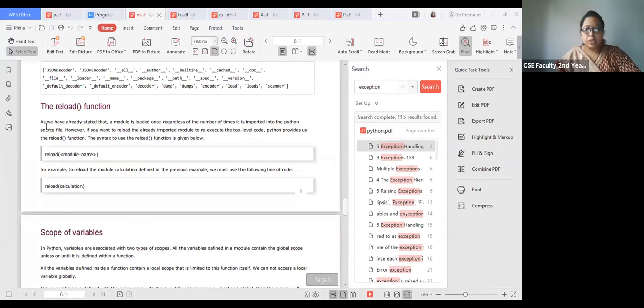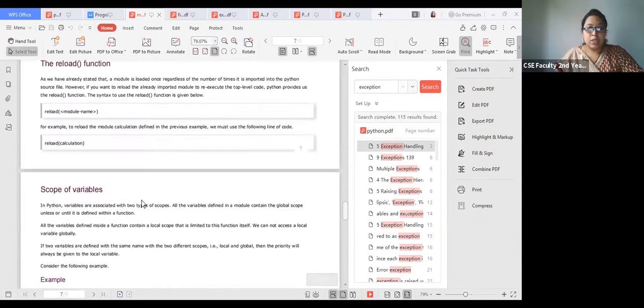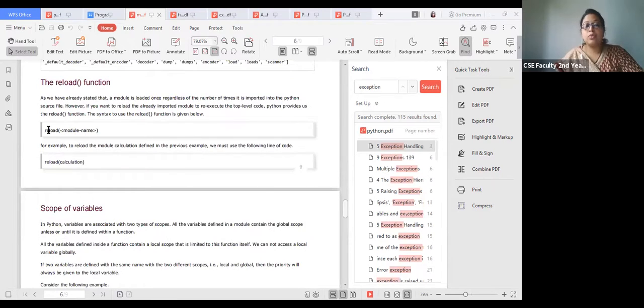the reload function. We have already stated that a module is loaded once, regardless of the number of times it is imported in the Python source file. However, if you want to reload an already imported module to re-execute the top level code, Python provides us the reload function. So suppose you want to reload the previously imported module, in that case you have to write reload and under the reload you have to write the module name. Okay,